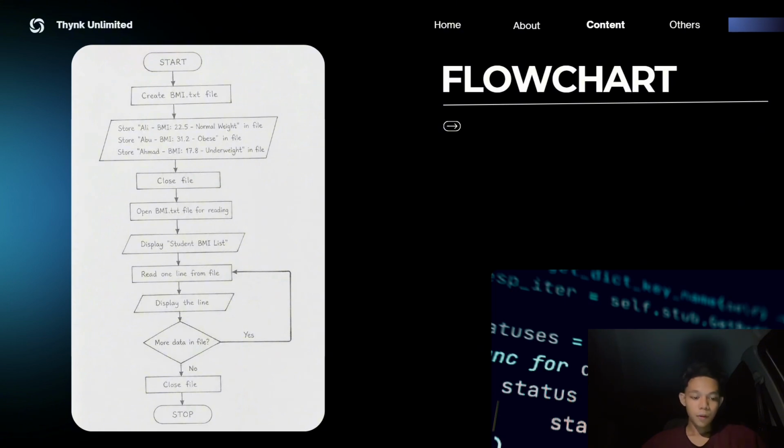After all the data has been written, the file is closed to save all the information properly. Next, the program opens the BMI.txt file for reading, and it then displays the student BMI list on the screen. So the program reads one line from the file and displays that line. After that, it checks whether there is more data available in the file, and if the answer is yes, the program